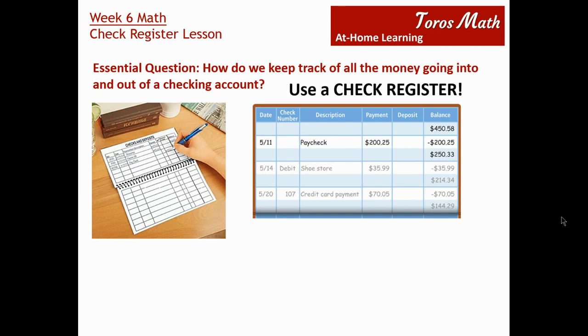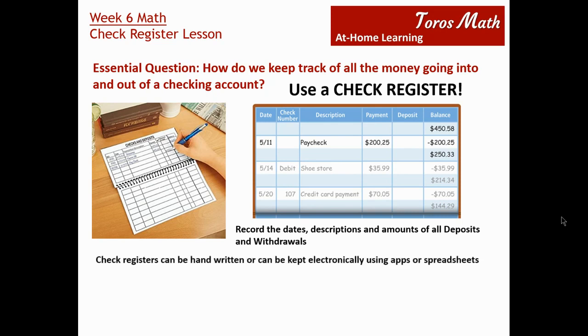Now, more commonly, it was mainly used for checks, but now it is used for all the transactions for a checking account. So the check register is where we're going to record all the dates, descriptions, and then the amounts of the deposits and withdrawals that are going into and out of the account. Check registers can be handwritten manually, or you can keep them electronically using apps and spreadsheets, which is becoming very